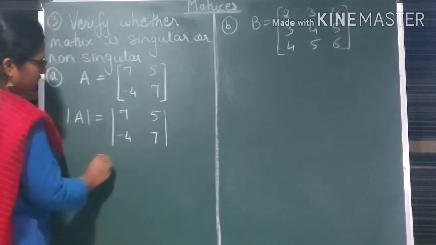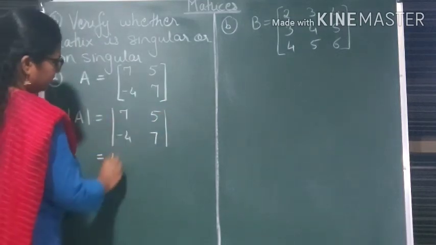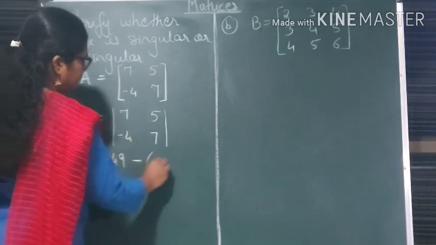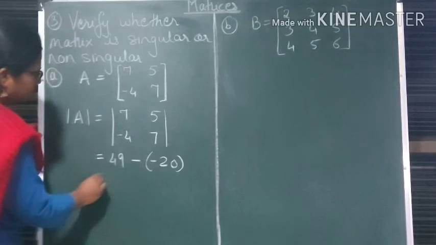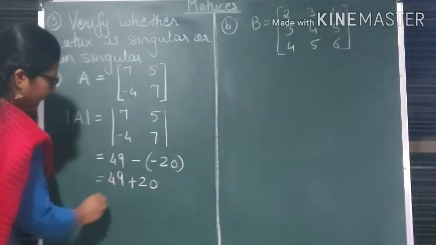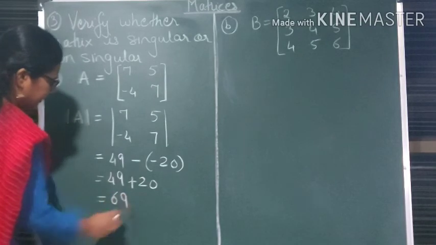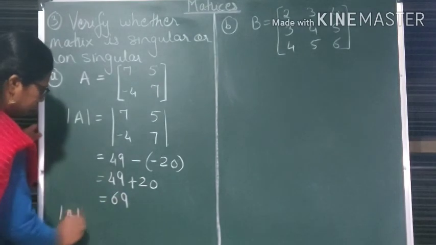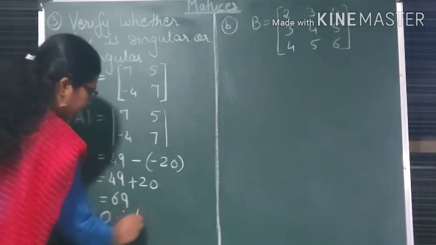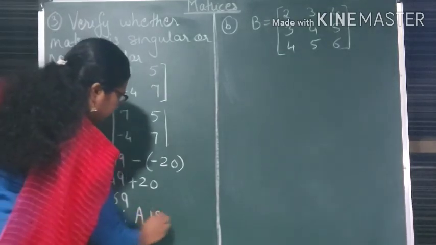We know how to solve a determinant. 7 into 7, 49, minus 5 into minus 4 is minus 20. So this becomes 49 plus 20, that is 69. So what do you understand here? Determinant of A is not equal to 0. Therefore, A is a